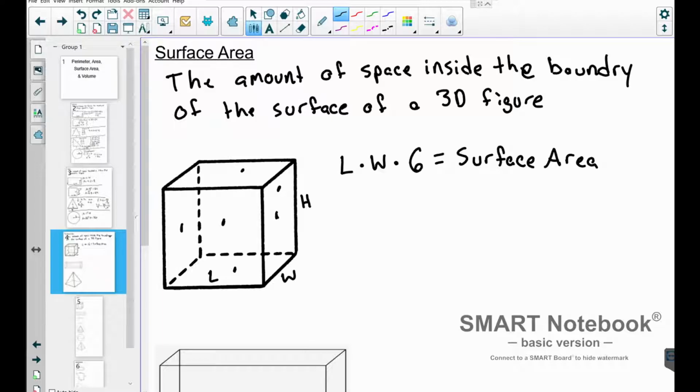So in this case, length times width times 6, we'll say our length is equal to 4. And remember, with a square, your width is the same. So in this case, we have 4 times 4, which would give us 16 times 6, and that would give us